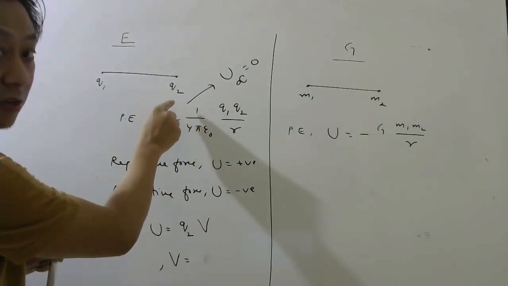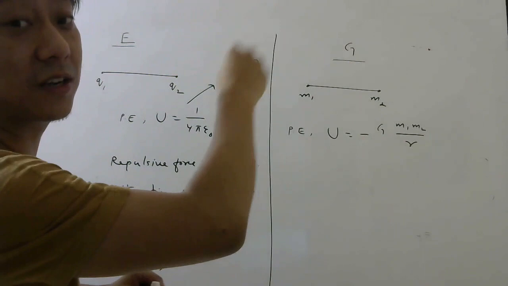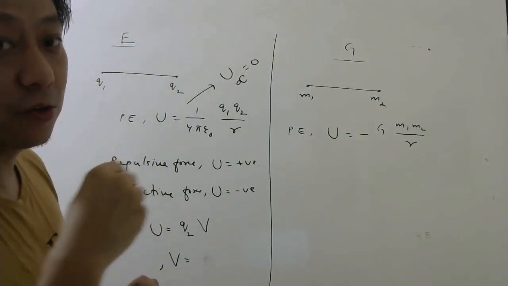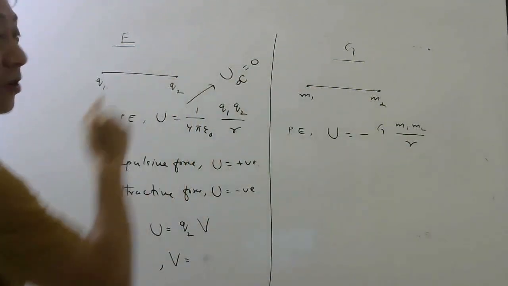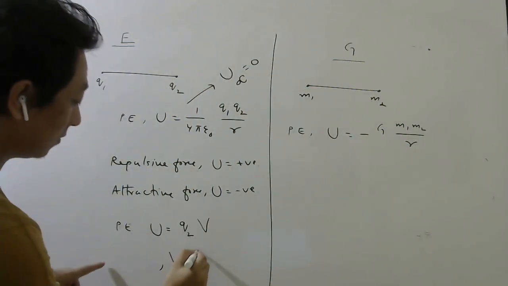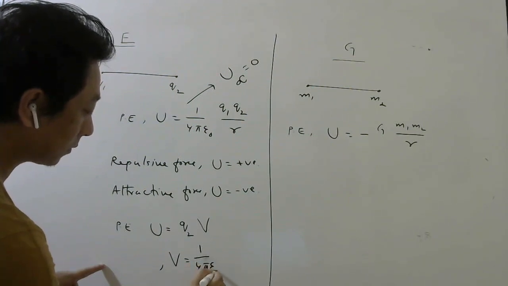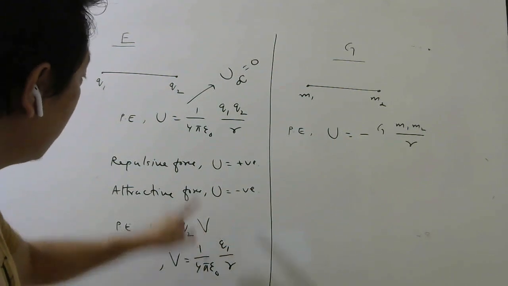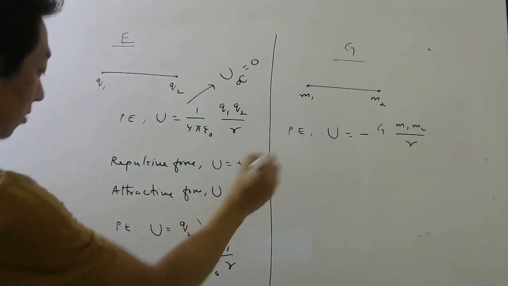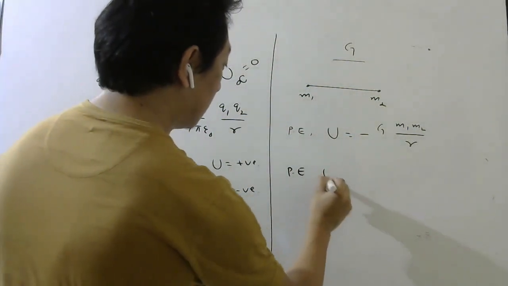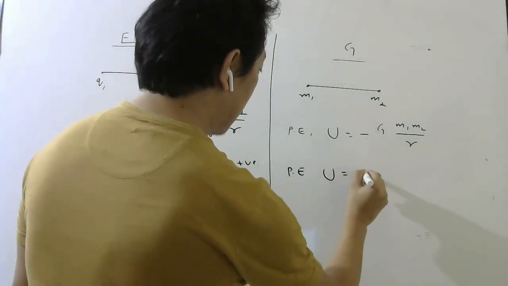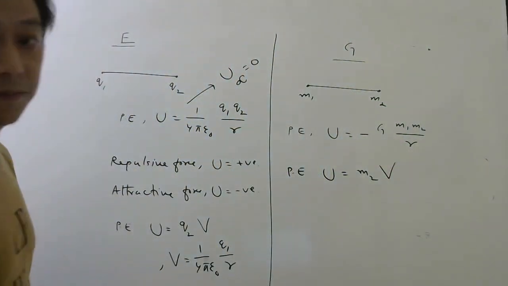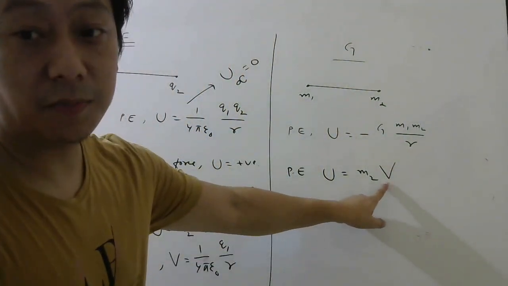Now instead of bringing Q2, if you bring unit charge, then you are calculating potential. So potential is the work done to bring unit charge from infinity to this point, and that will give you this formula, Q1 by r. Okay students, so this you have to substitute here, you will get the same thing only. So here also we can write that way. So U is equal to the mass of this particle times the potential produced by this particle. So this is called your gravitational potential.